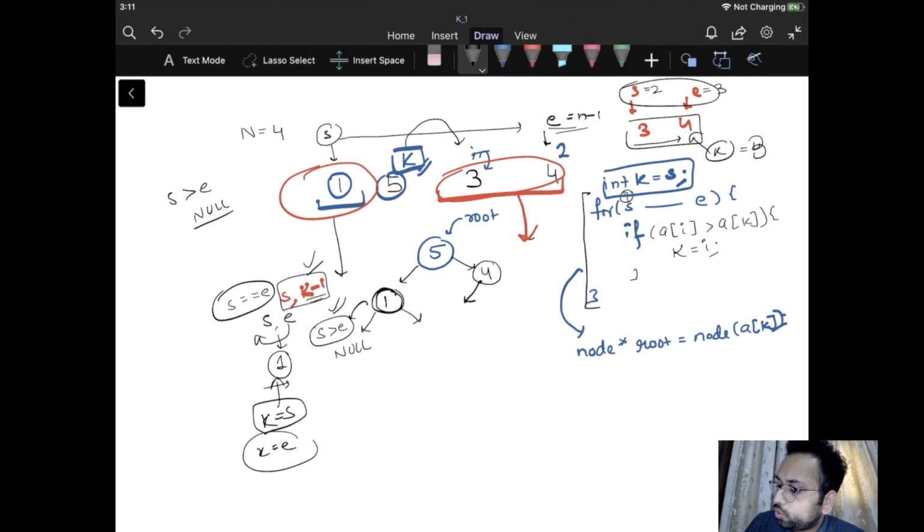Alright, so when we go towards the left side, we update the end range. So when I update the end range in this case to k minus 1, the start and end both will be pointing on the value which is 3. So 3 is going to be the root node at this particular point. If we call towards the left or right, again the same situation, start is equal to end in this case, go towards left or go towards right, it will be null because start will overshoot the value of end.